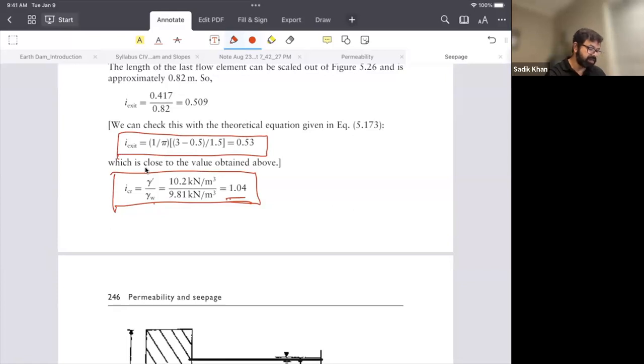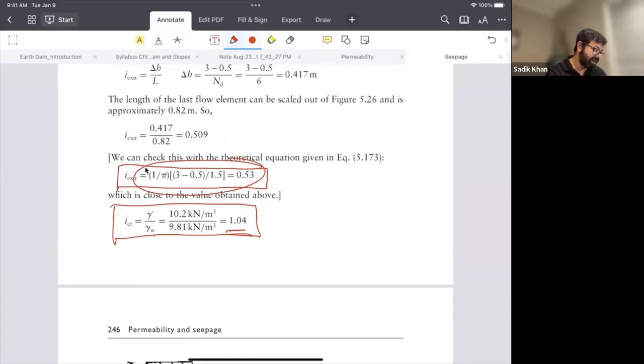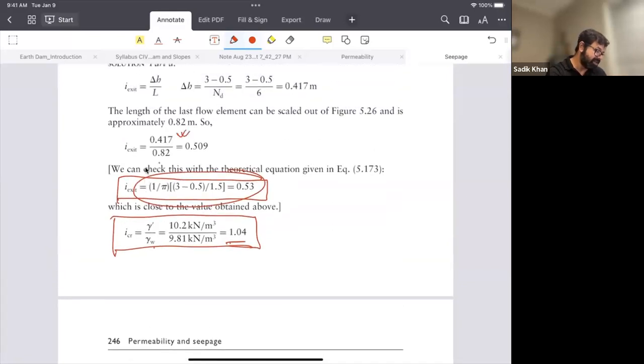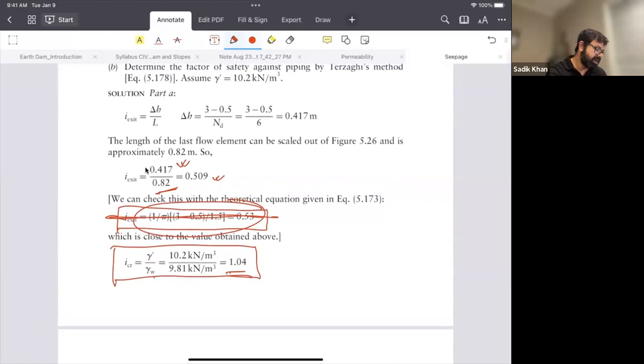How do you calculate the exit gradient? Not like this. You can calculate the exit gradient like this. This is how you do it. You don't need to use the theoretical equation. Forget the theoretical equation. Exit gradient you should calculate based on the graphical method. So your exit gradient is what? On that point, 3 minus 0.5, which is 2.5. 2.5 by 6 is the del H, right? So basically your del H is your exit gradient,